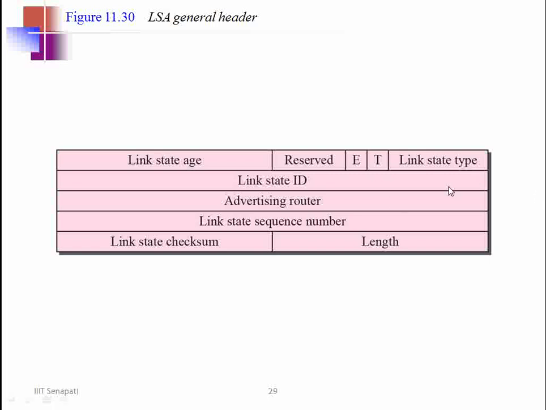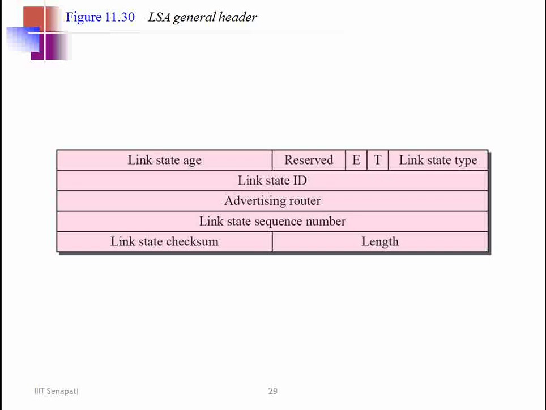Link state type. There are LSA types, five different advertisement types. One is network link, summary link to network, summary link to boundary router, another is external link, and router link also.